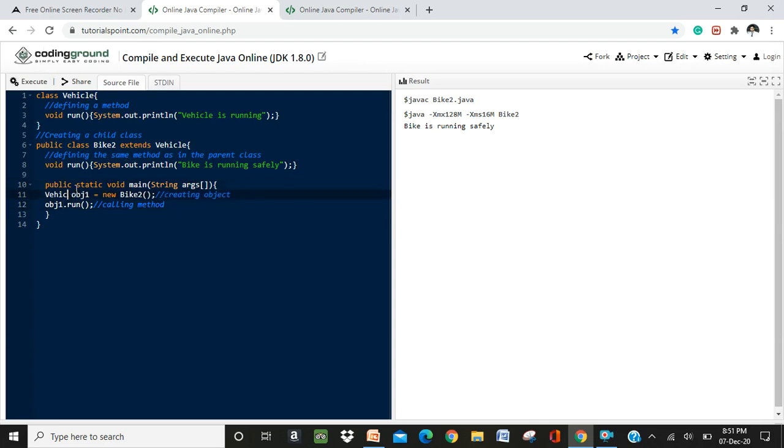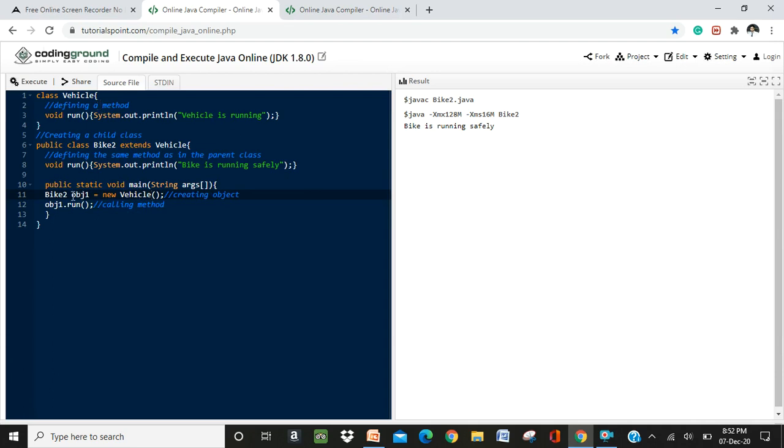Now let's change this to Bike, that is Bike2, our child class. Now let's do the alteration, so now it is referring to the superclass object.